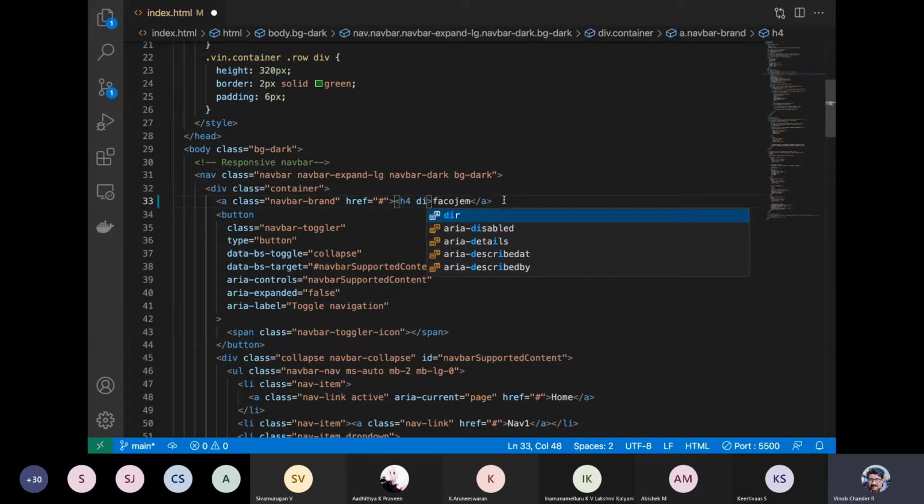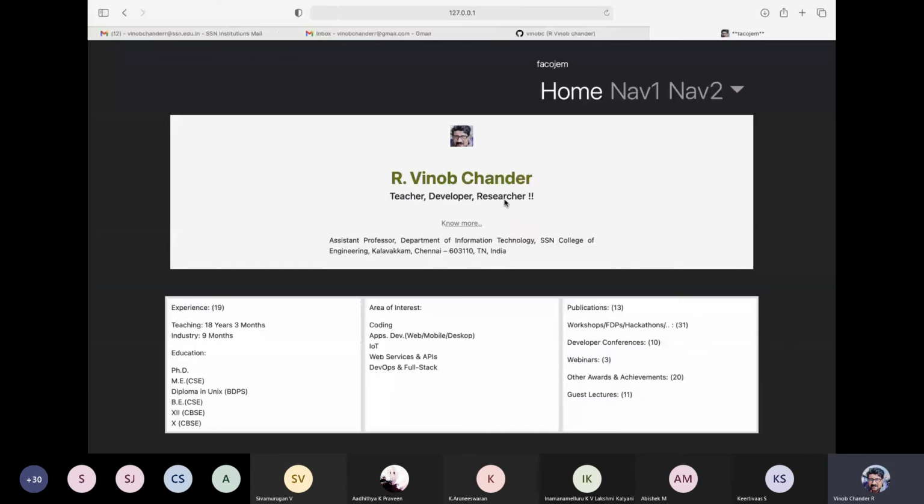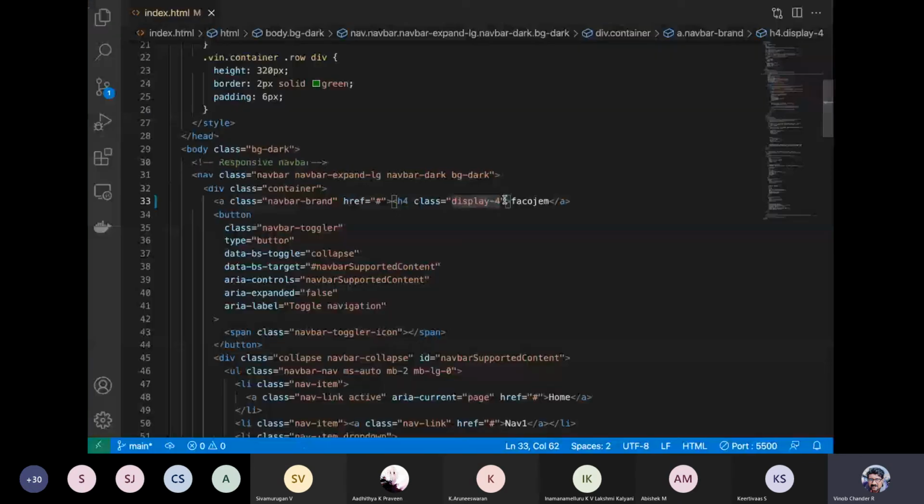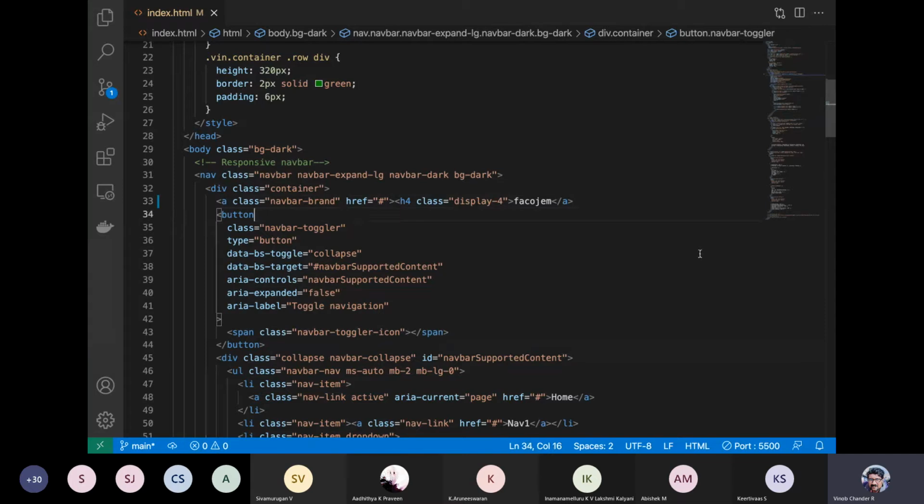Okay, and then say display 4, right? So let us say class equal to display-4. All right. So this gets too big. End of H4.